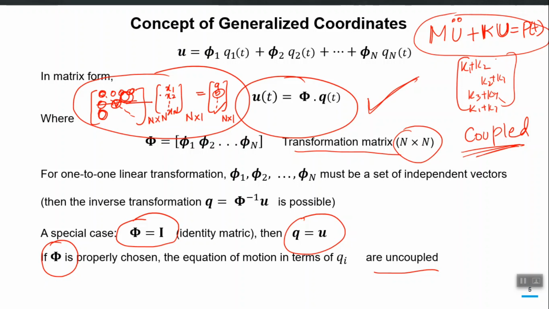So you can calculate x1 independently from one equation. You can calculate x2 from the next equation, and equation by equation you can solve those n equations. You do not need to solve this whole system of matrices simultaneously. You can take out one equation at a time. But for your matrix system of equations, this is not possible.